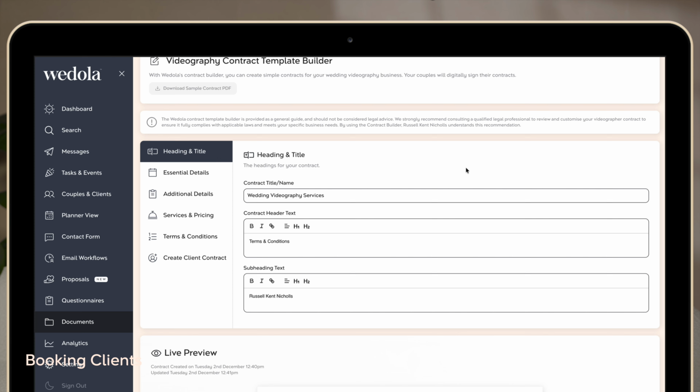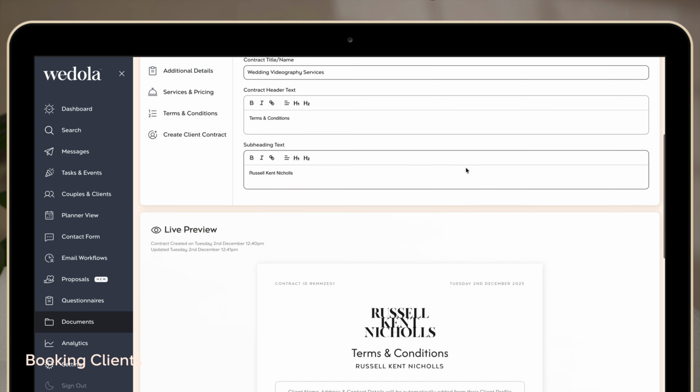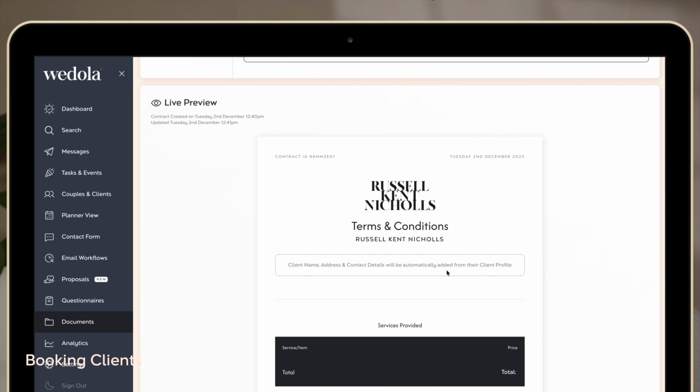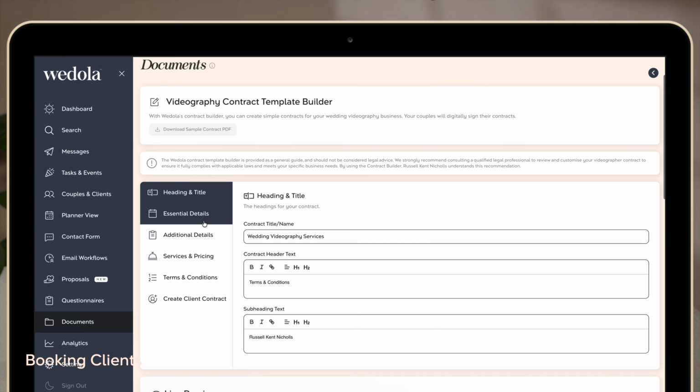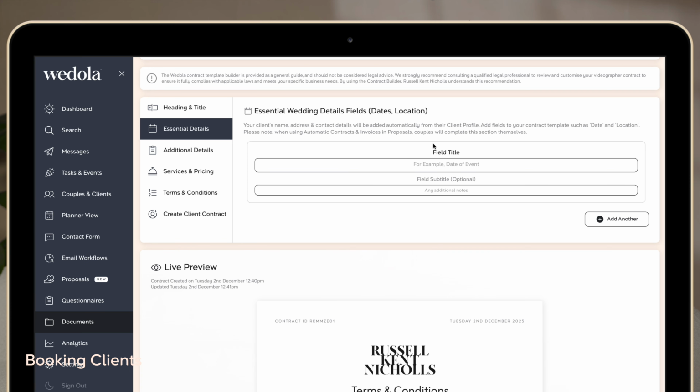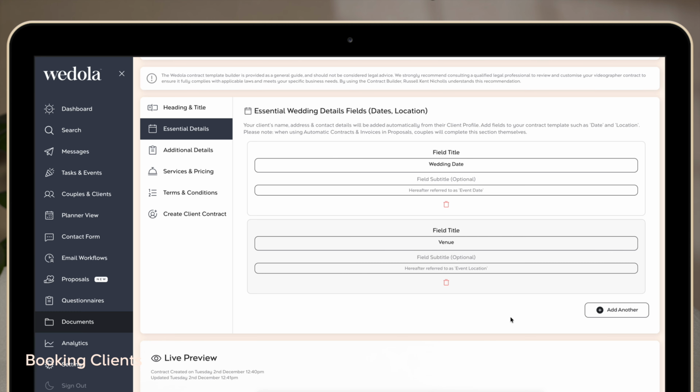So I can complete the heading and title, and if at any point I scroll down, I'll be able to see exactly what the contract is going to look like. Under essential details, I'm going to add 2 fields that I think for my business are mandatory, and that is going to be the date of the event and also the venue. And when I'm using the automatic booking, the couple is going to be able to fill out these themselves,